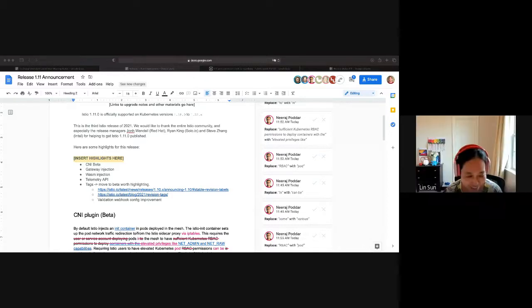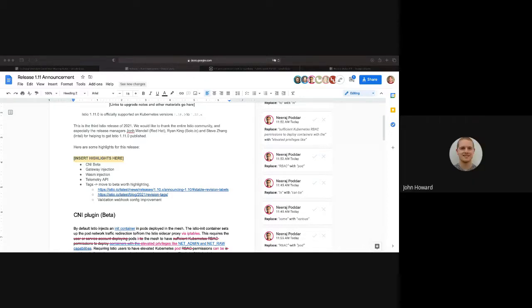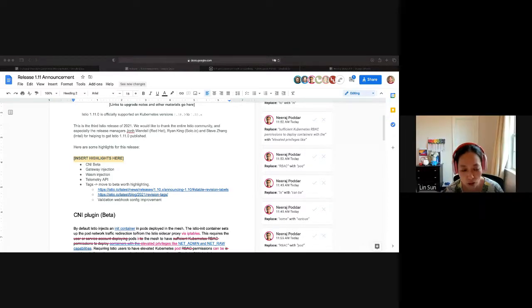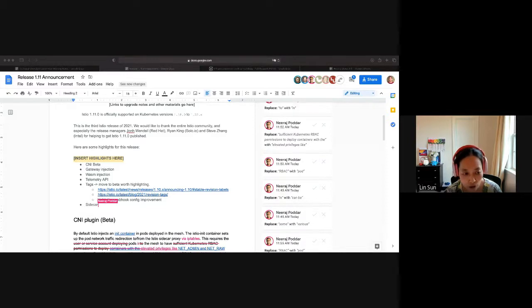Yes, I do. I'd be fine with announcing it. I think it would be nice because there are so many mysterious problems users had with the annotation, especially when Istio was not running. The label is just way better for our users. It would be good to actually encourage them to move to that model.